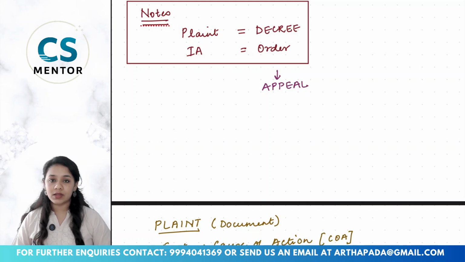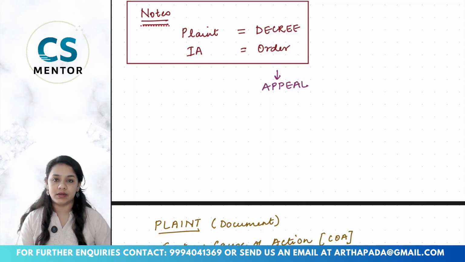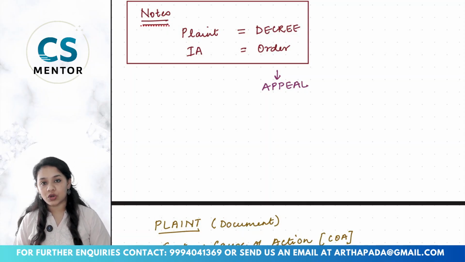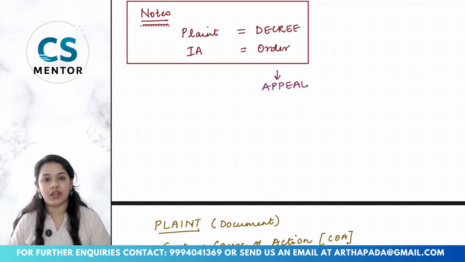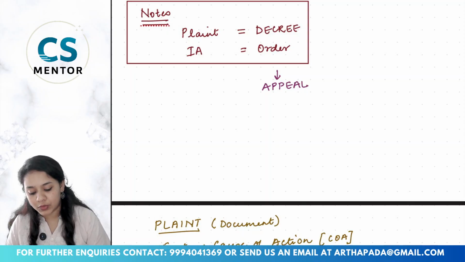Now, this appeal is not an inherent right, which means you do not have the automatic right to go on appeal. Every right of appeal is entirely dependent on the law which you are referring to. So, say for example, the law says no, you're not allowed to go on appeal, then you can't go on appeal. If the law says you can go on appeal, then you can definitely go on appeal. Okay, but appeal is not the only type of remedy that there is. Apart from an appeal, we also have concepts like